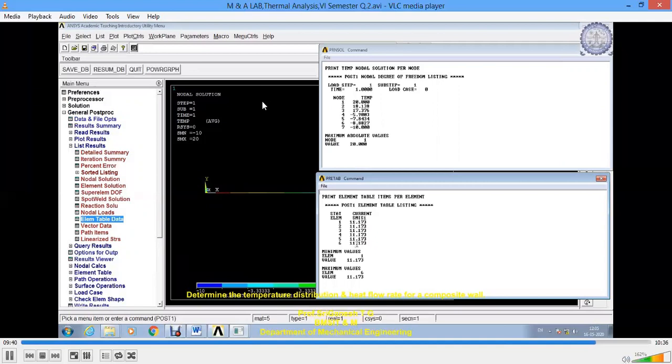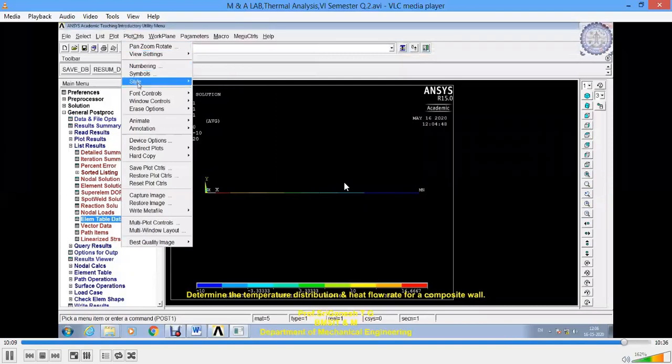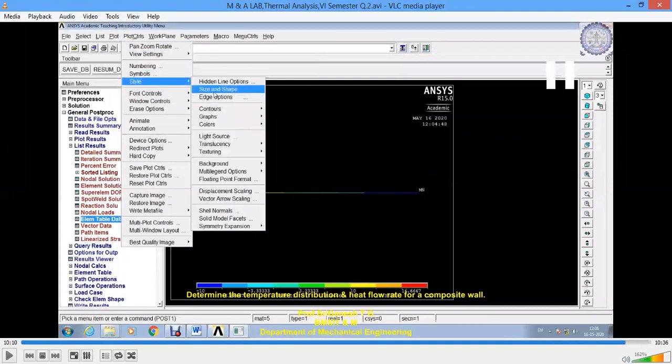Now we can close this. We'll go to plot controls, style, size and shape.